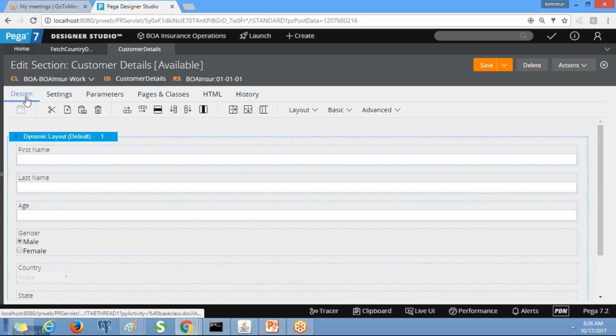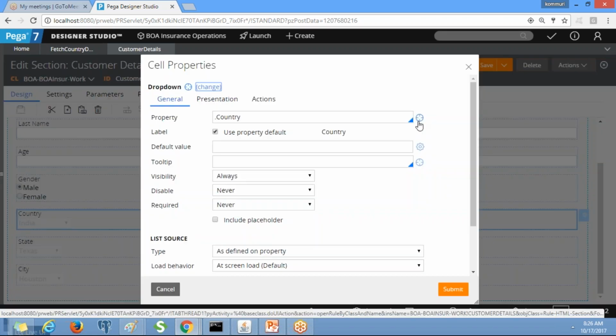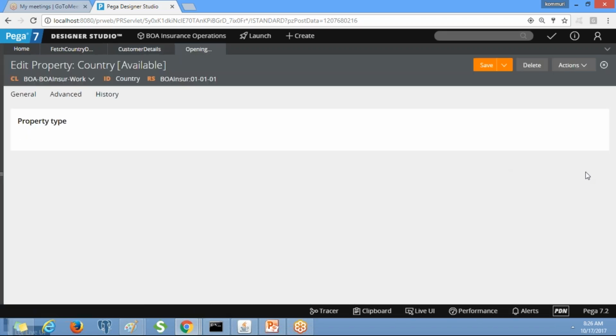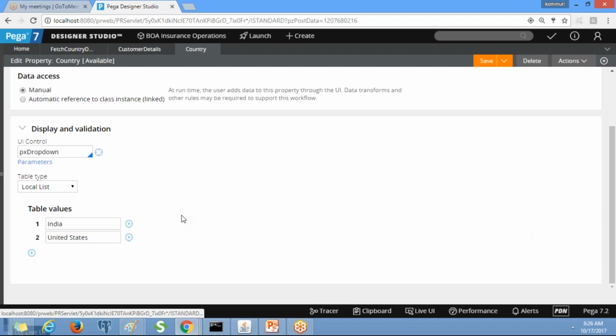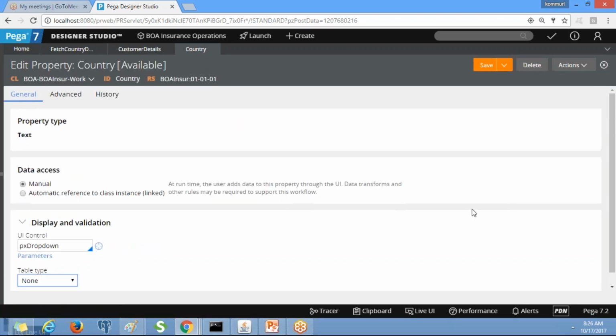Now go to the design, country. We have entered some values in the local list, right? So first we need to remove all those, because we are fetching from the data class.